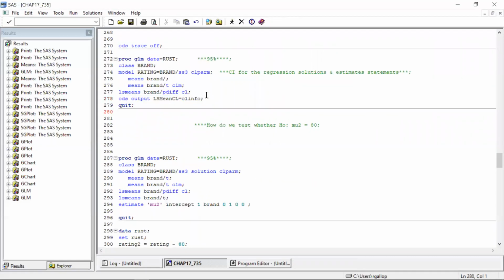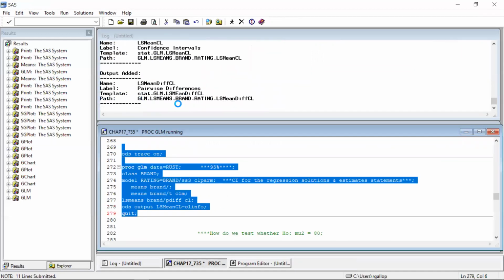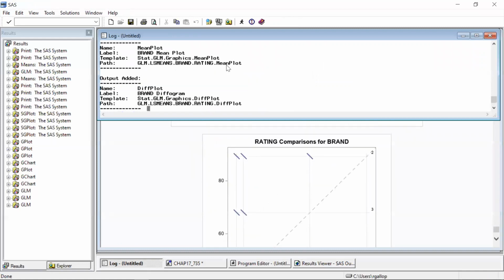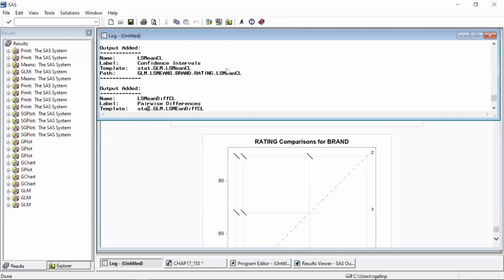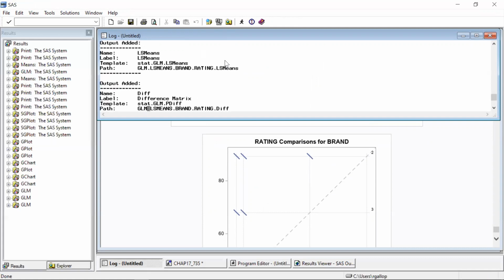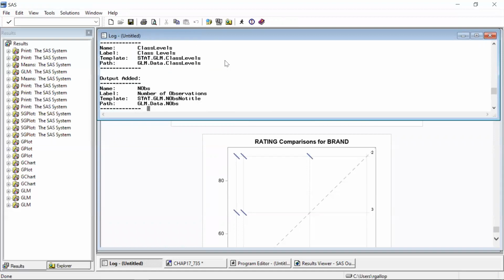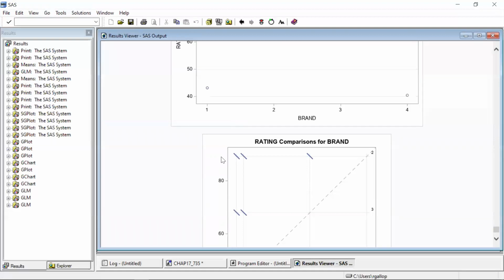Well, how do I know to use this command? One of the things you saw in 5.11, rather, is that if you put this ODS trace on and run your code, in the log SAS is showing you what every portion of the output can be named as. So again, I could take every portion of the output